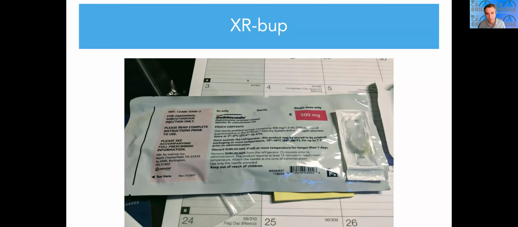XR-Bup, this is sublingual, which is available now. It's going to be an ambulatory drug, so you're going to have a partnership with the bridge clinics. You order it as the ambulatory, but then you can administer it in the ED, because the ED is outpatient, but it's probably hard to order it. You can't order it as a drug from the ED, so it gets a little administratively complicated, but you figure all that stuff out.